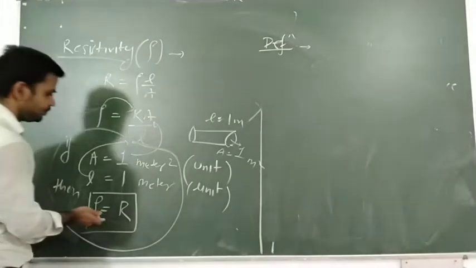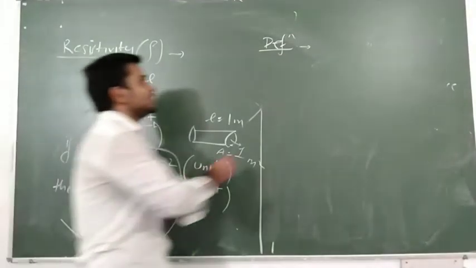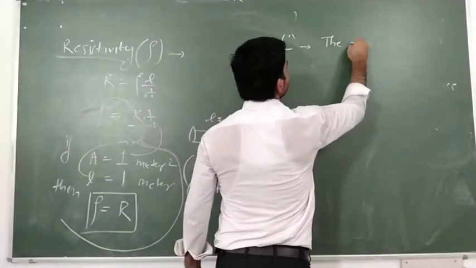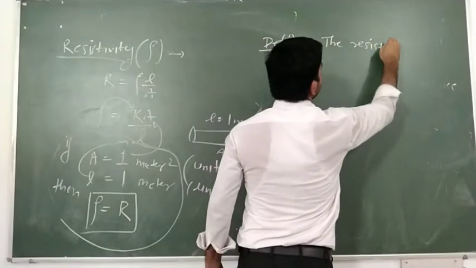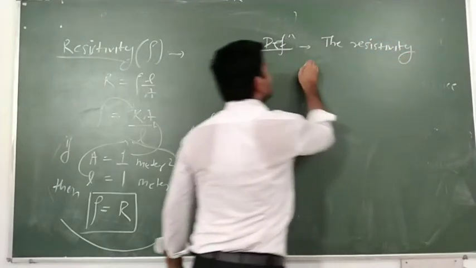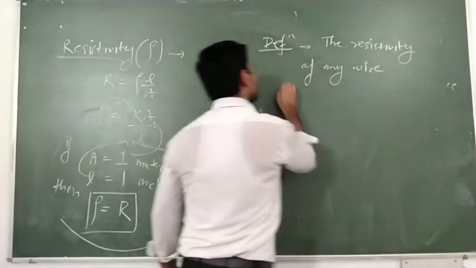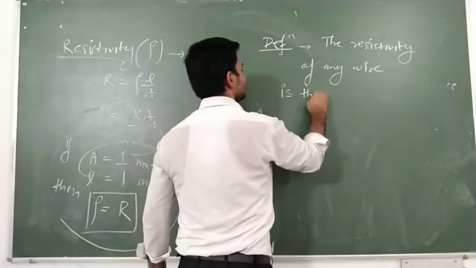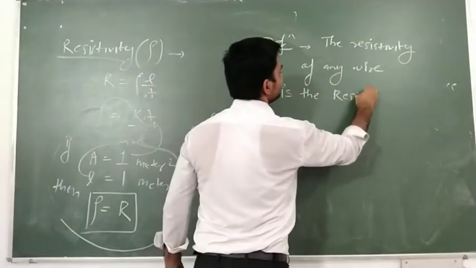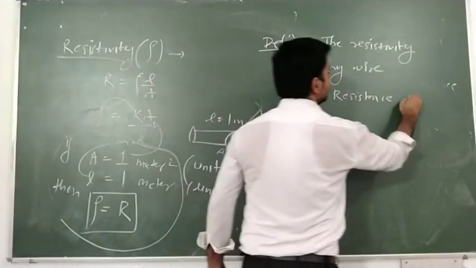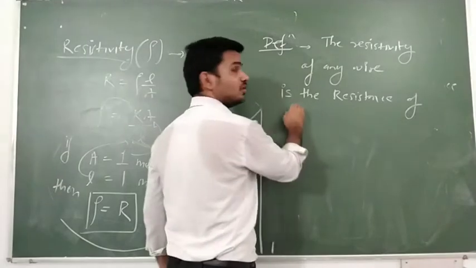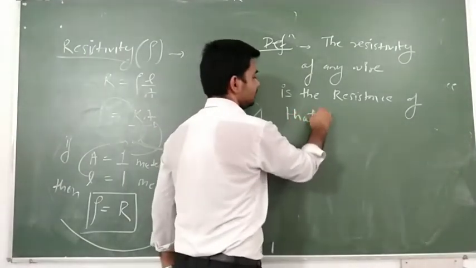Definition from here. The resistivity of any wire is the resistance of that wire